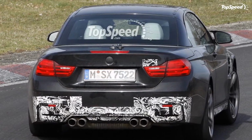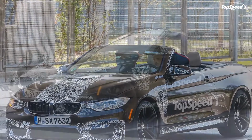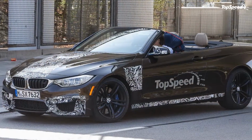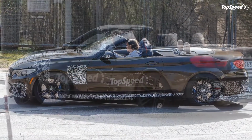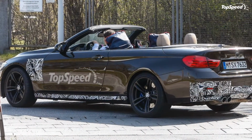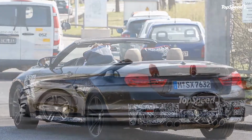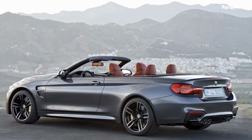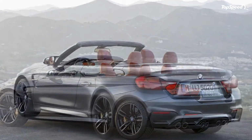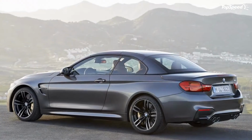Conclusion. The M4 Convertible is a natural evolution for the car, with all its heritage leading up to this point. With its power, poise on the road, and track star attitude, the M4 Convertible will surely be a great car for drop-top fun. However, with its added weight, the convertible won't likely be the track star its coupe cousin will inevitably be. But that's okay. The convertible fills a separate void in the market, one that is more boulevard cruiser and